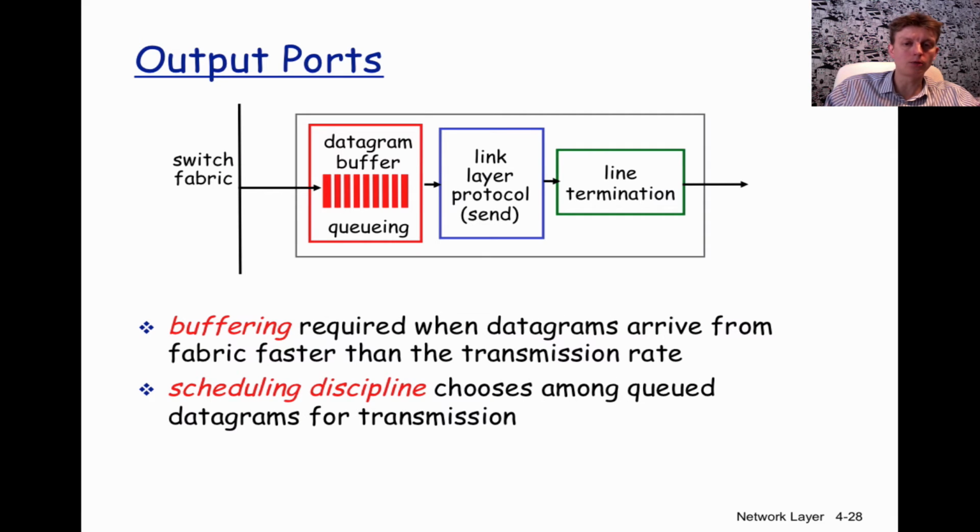The structure of the output port is a mirror of the one for the input port. So basically the datagrams after the switching fabric come to the network layer module where they are queued and possibly prioritized for transmission on the output link. Then they are packaged with the link layer structure, the link layer frame, and finally sent out to